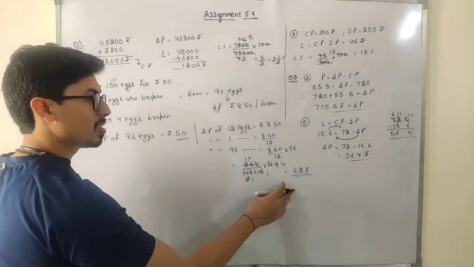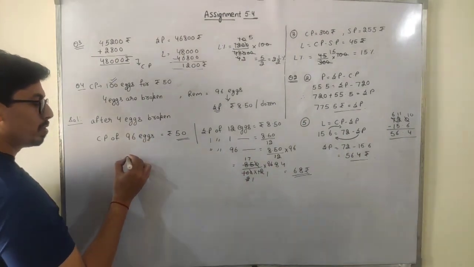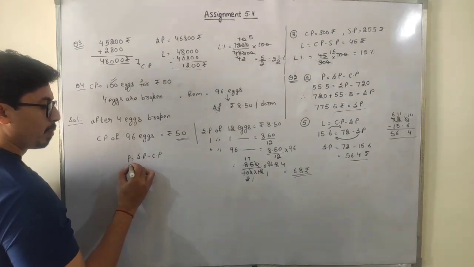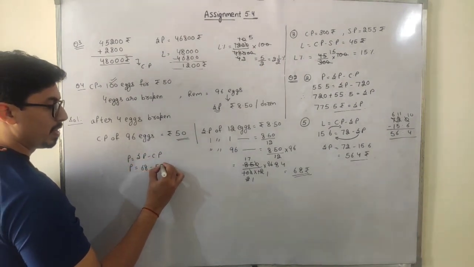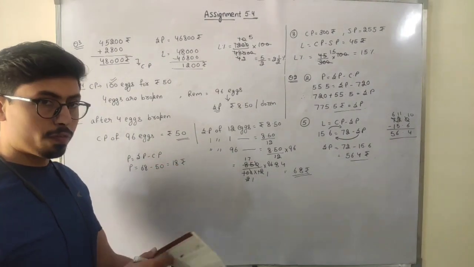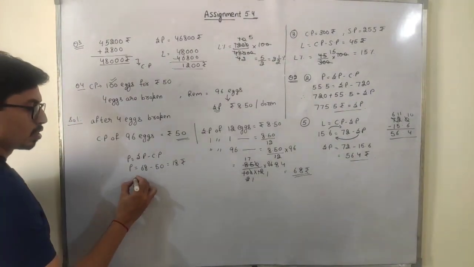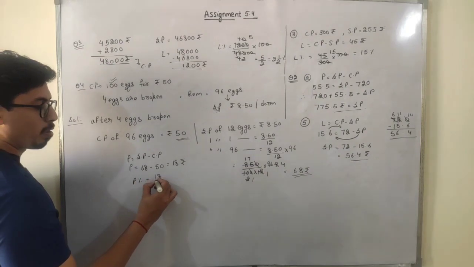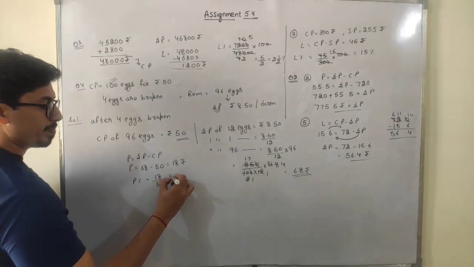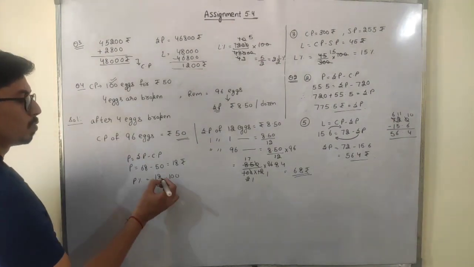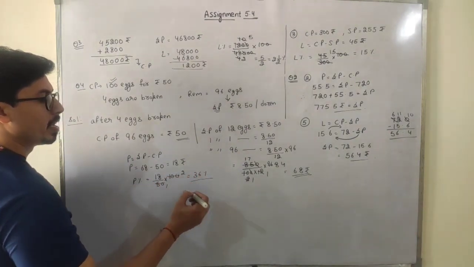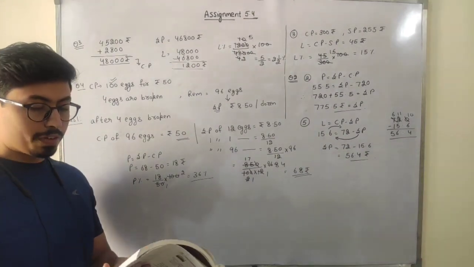Cost price is this, selling price is this. That means selling price is greater than the cost price. So profit will be how much? Selling price minus cost price. It will be 68 minus 50. So 18 rupees is my profit now. Okay. But students, what we have to find out? I have to find out the gain or the loss percentage. So the profit percent will be profit upon CP. CP means this, into 100. Okay. So 36% is my required answer. Is it clear to everyone, students?